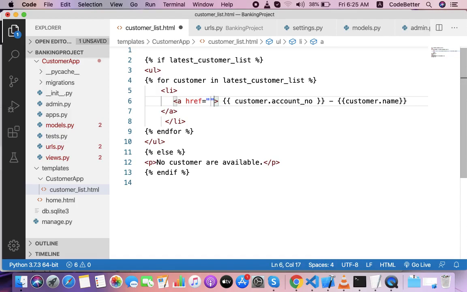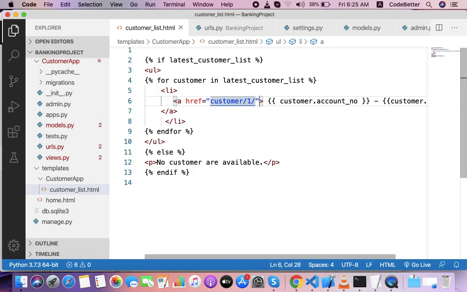href, page customer slash 1. So 1 means we have here customer dot id.